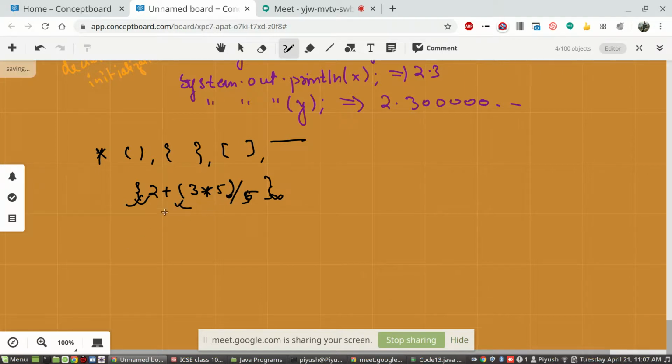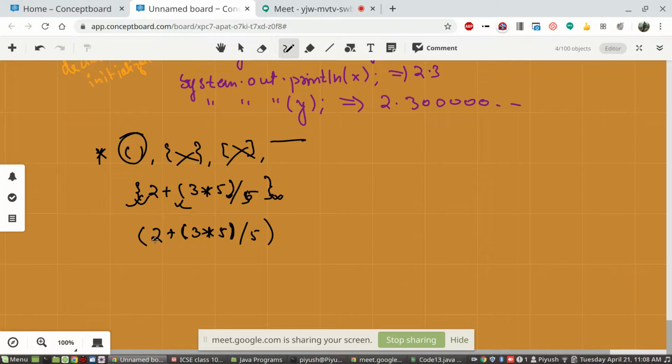But in a computer you have only one type of bracket, that is this one. Others are not used. So the same expression in a computer you will write using the same bracket again and again, because the computer uses only these round brackets for all the groupings. So now you will ask how to decide which one will be preferred first. Well, the bracket contained inside, the innermost bracket, will be solved first. This is how the computer performs.